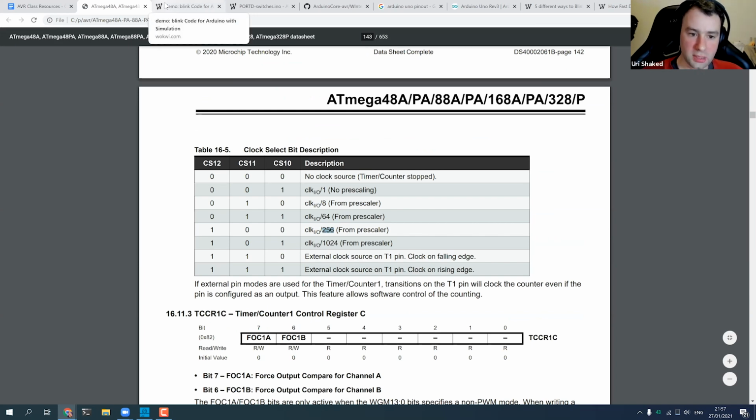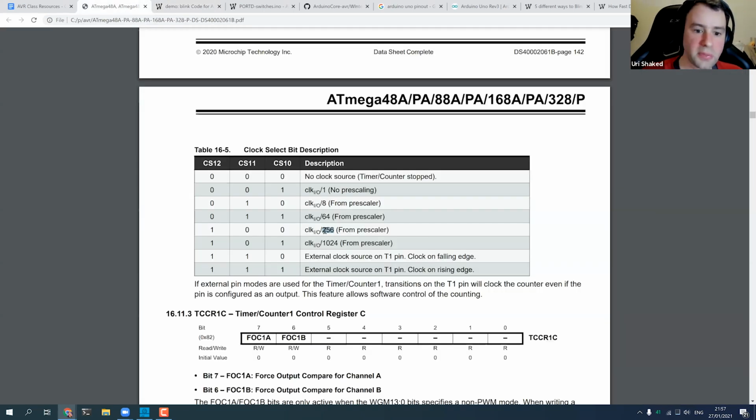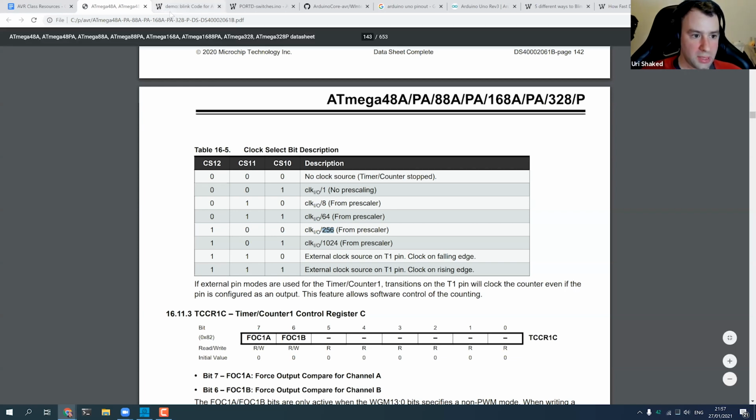This chip runs at 16 megahertz, so a clock cycle is 1 divided by 16 million of a second. There are 16 million clock cycles in a second. So every 256 clock cycles, the timer will go up by 1.